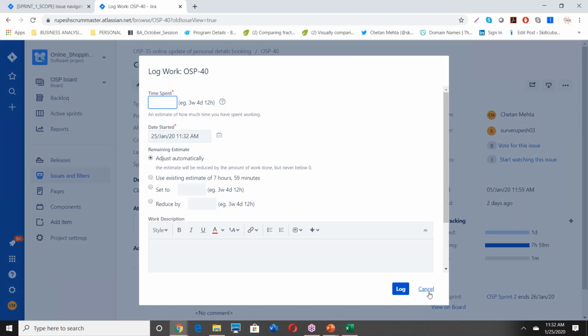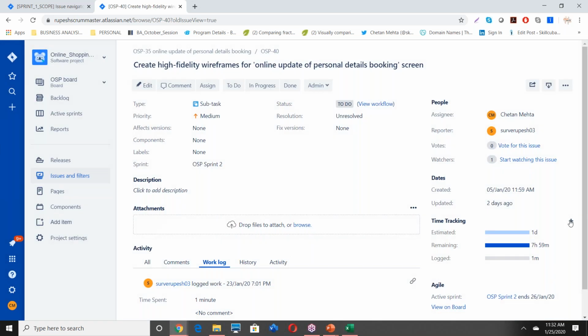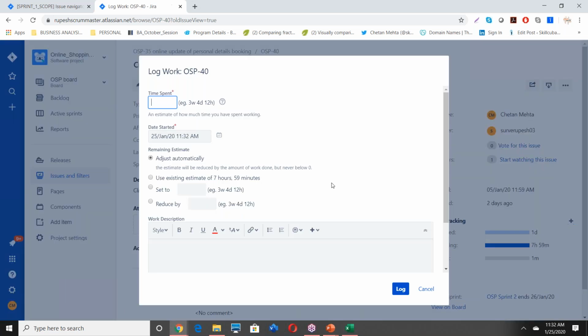I just wanted to enter 2 hours. How can I enter now? Just go here too. For hour you will need H. Can you cancel that once and reopen it and show me again?